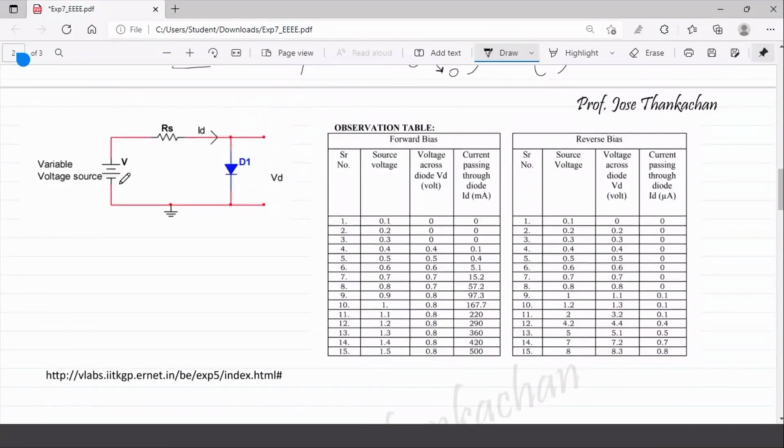So now let us see the circuit which we have done in our lab. This was about the diode, the forward and reverse bias conditions, and how the equation of the diode is understood. Now, in our lab, how we have connected it to observe the current versus voltage characteristics. Let me call the current flowing through the diode the diode current ID, and the voltage across the diode is measured using a voltmeter, or a multimeter we can connect, which will be equal to Vd, right? This is the circuit diagram.